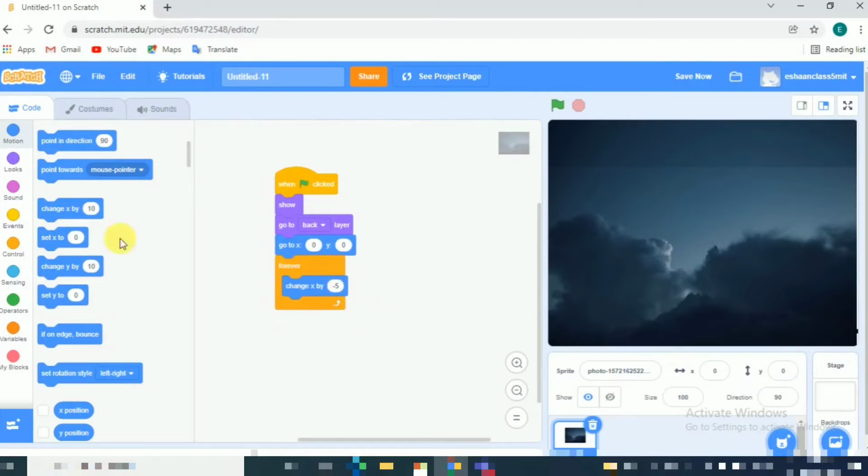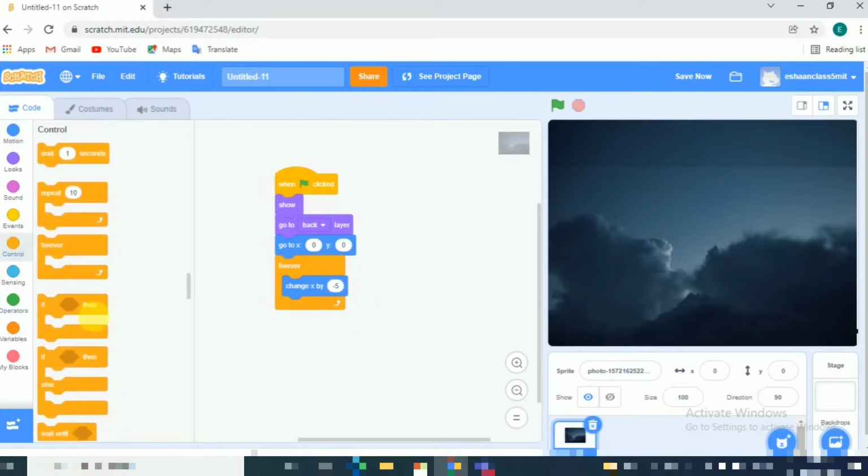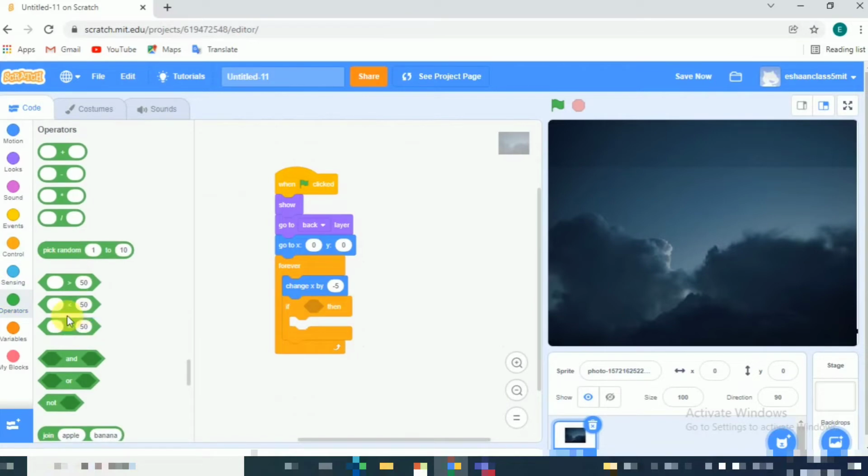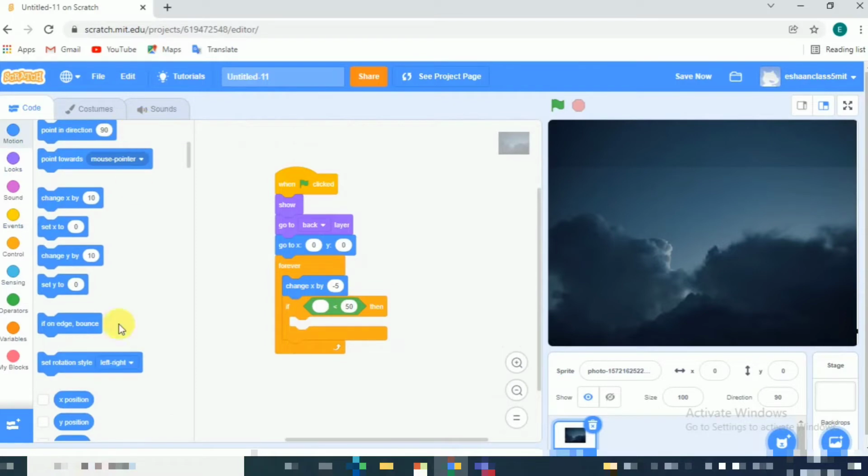Then go to control and take if then, go to operators and take the larger, bigger block, then go to motion and take x position and drop it here, and here we will write -460.